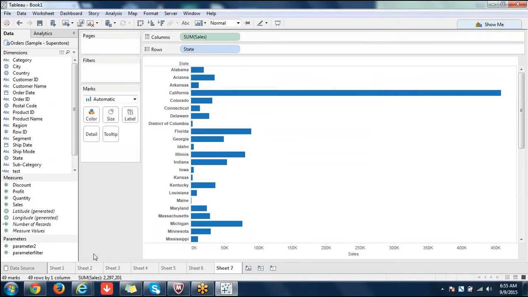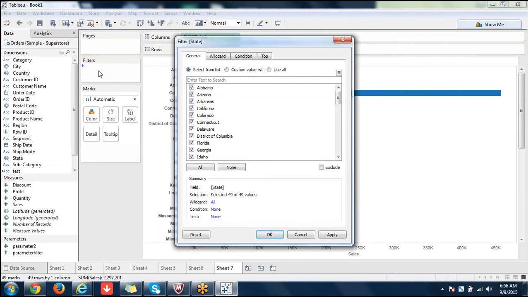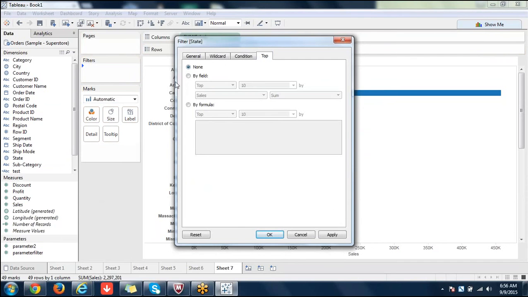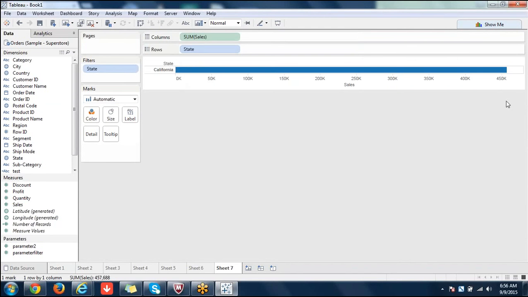Okay, see that here. So now if I pull state into the filter section, now you see in top, go to top here. Okay, there are two parameters. Two parameters I have created. So one was the earlier one which we used in filters. Now the second one I have created, I am using it now. See that? But you are not seeing anything here. I have applied it, but you are not seeing anything here.